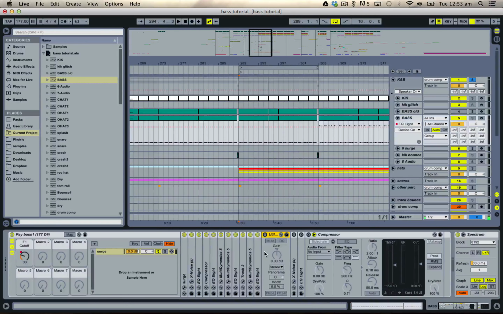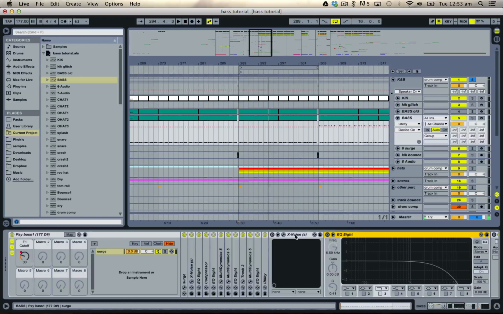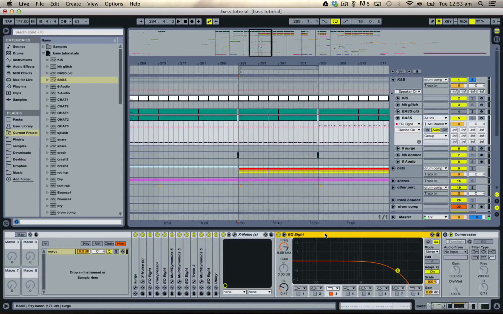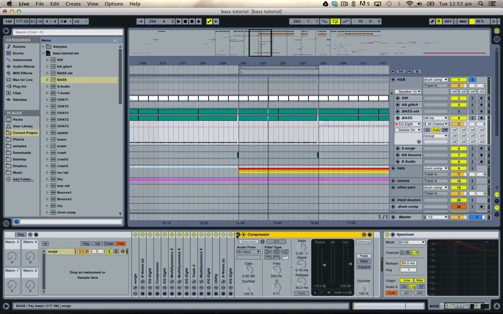And then I have Ableton's utility, where I've used it to just set the width of the bass line to 0%, so it acts as a mono signal, so it doesn't potentially get any phasing issues, and it just goes straight down the center. Then finally, two more: just an X noise to get rid of a little bit more of a click at the end, and then another EQ8 to also reduce some more of the high ends that I didn't feel were very desirable. And then at the end,